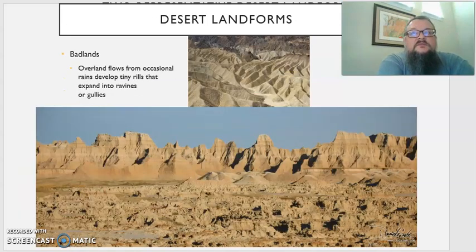A couple other landforms I just want to make sure you see a picture of. Something called a Badlands. We have a national park called Badlands, and badlands are common. There's lots of badland areas out in West Texas. Badlands happen in areas where there aren't really cap rocks, or there haven't been cap rocks for a long time. Maybe there was a long time ago, but you have relatively easily eroded ground. So whenever it rains,